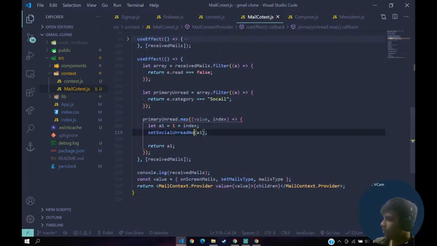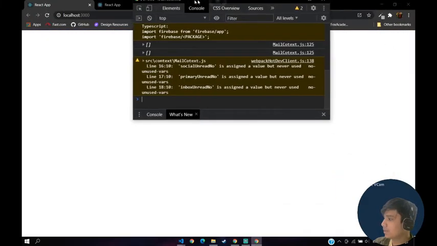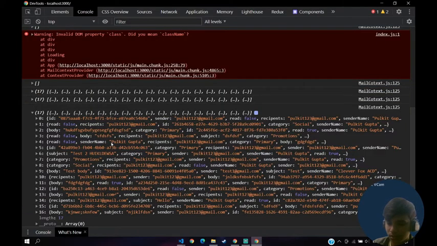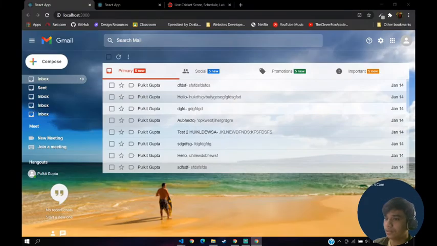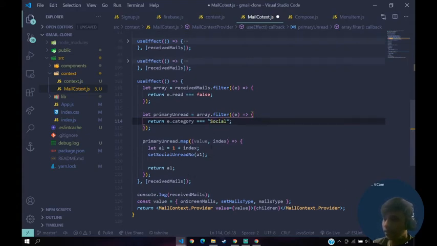Save that. Go back to your application. Have a refresh. Open up your console. Okay, so you have 17 mails. So it was versus our social category, primary. Where's the category of social? Category, yeah, it was singular. So what we'll do is just say where's our social, and if we are setting, okay, that's correct, setting this thing, okay, we are good here.